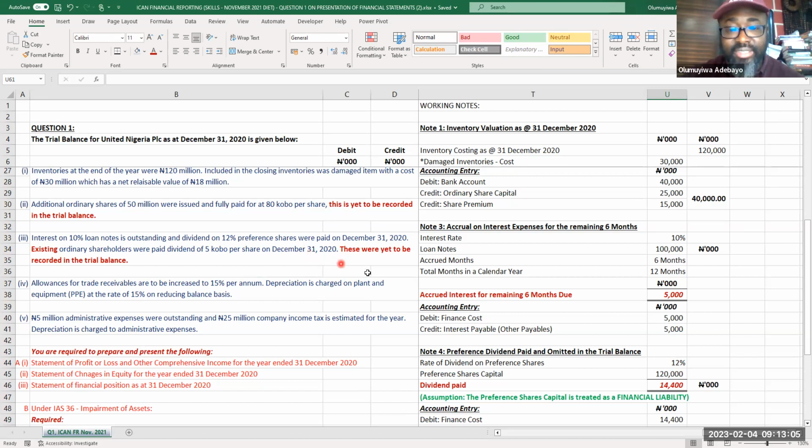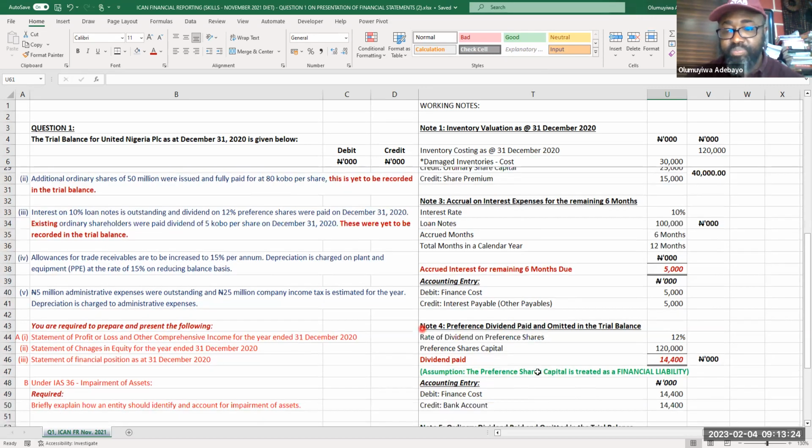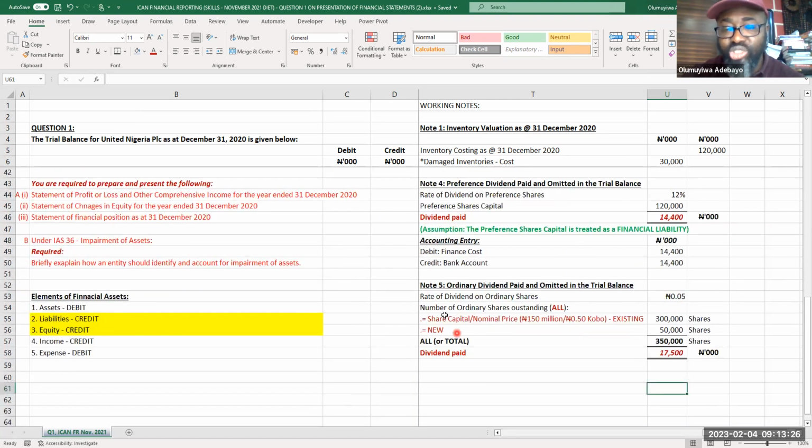But the question is this: what we are teaching you is to have understanding and an open mind about situations and scenarios. And that's why I always tell you that I give solutions, I don't give answers. Because if I give an answer and the dynamics of the transaction change, you might not be able to think out of the box to treat such transactions. Which means depending on what you consider,